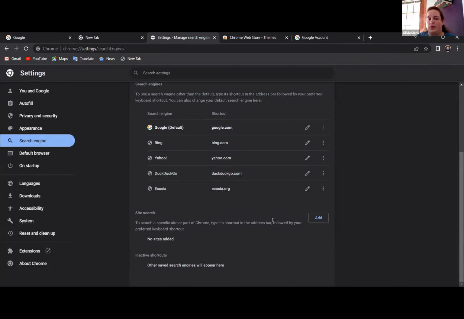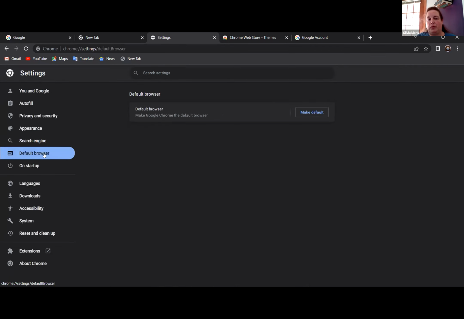So it's kind of a nice way to really customize. If you're constantly using the same site for work every single day, maybe you want to add it to your site search so that you can get there quicker, more efficiently, etc. So here's where you can adjust your default browser. Then